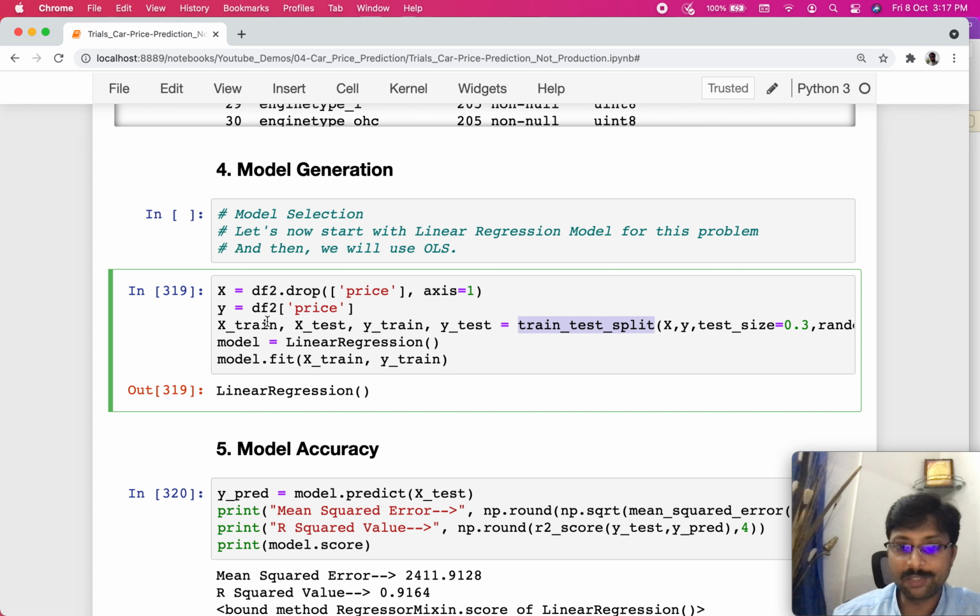So we're first splitting our data into x_train, x_test, and y_train, y_test, right? And then we are creating this linear regression object. We are initializing it here, and then we are fitting it by passing the x_train and y_train objects. So what really happens at the end of these statements is that we will have built the model. At the end of all these pieces of code, the model would have been built, and it understands what the different parameters are, what the coefficients need to be used given a set of x values.